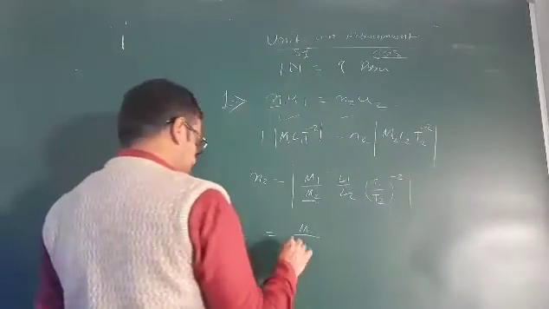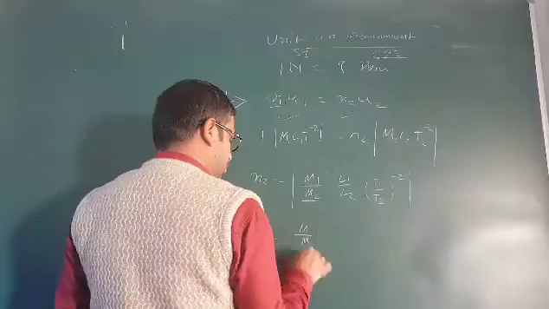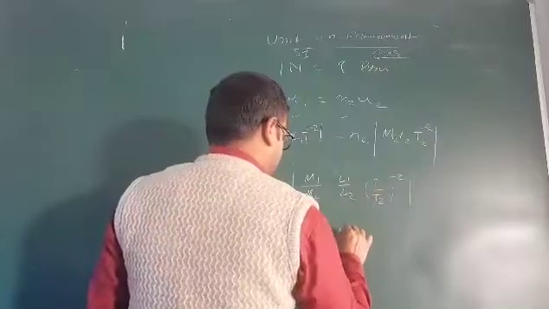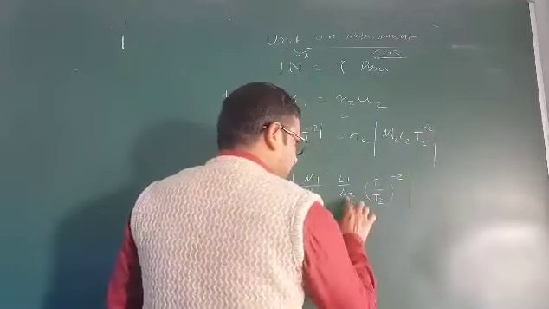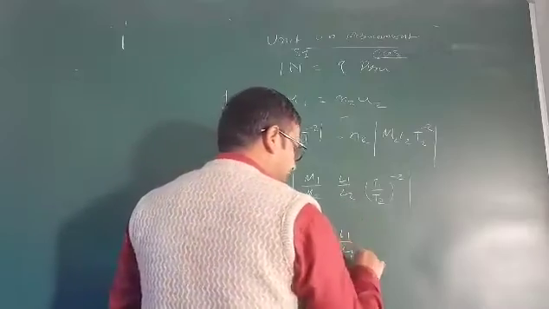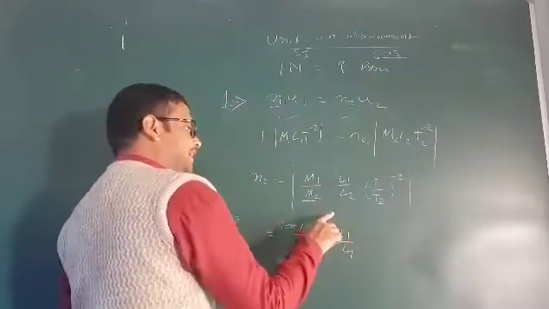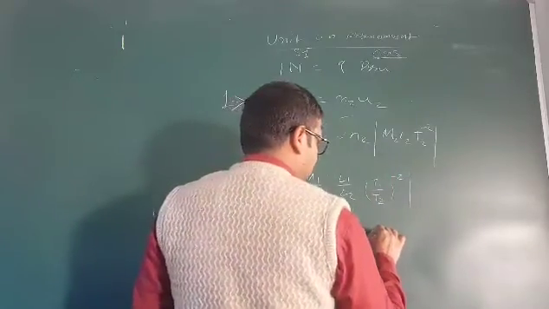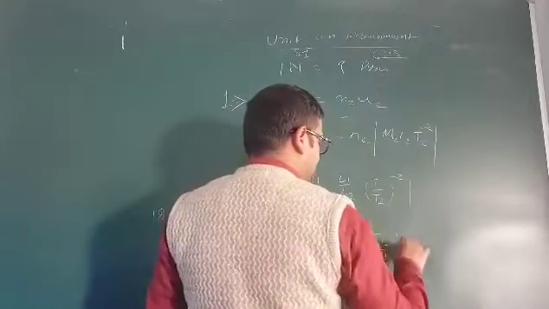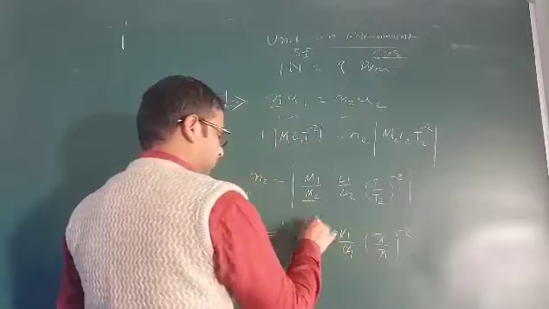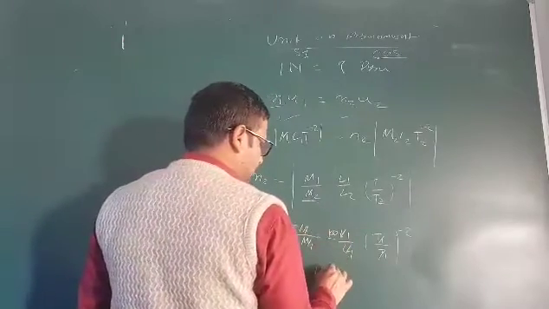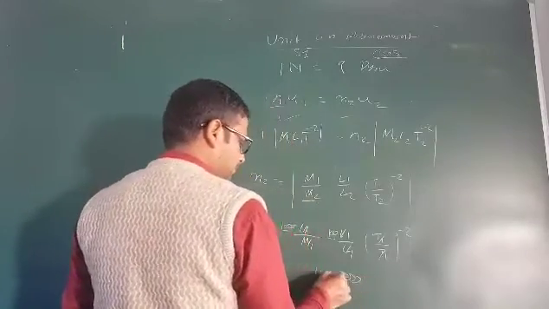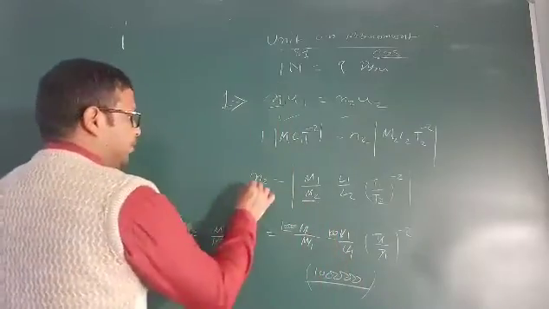Just write down here M1 upon 1000, 1000 will be moving upward. Same like that length. L1 upon L2, L1 in meter, L2 in centimeter. So again you write down L1 and convert into meter, so 100 will be moving upward. And time will be the same, second, so there is no problem. T1 upon T1 to the power minus 2, completely cancelled. There is 3 zeros, 2 zeros, 10 to the power 5, 0. Yeah, 1, 2, 3, 4, 5. Value of n2 is equal to this.